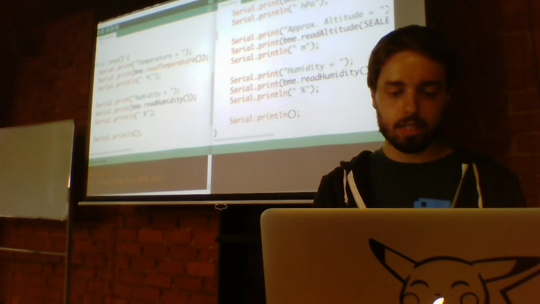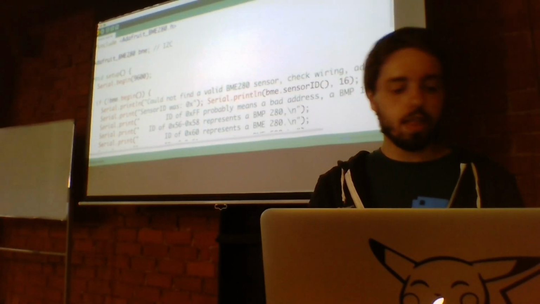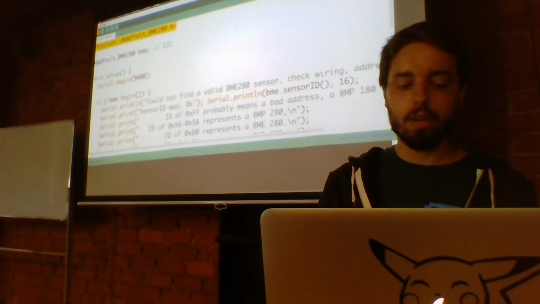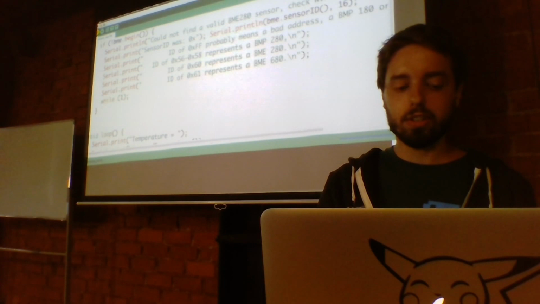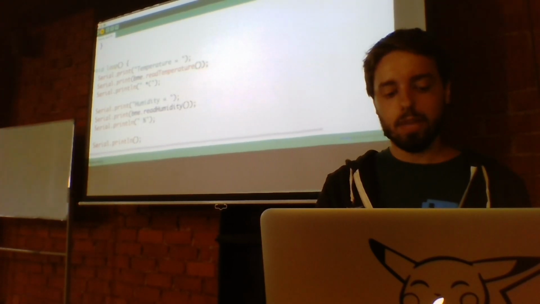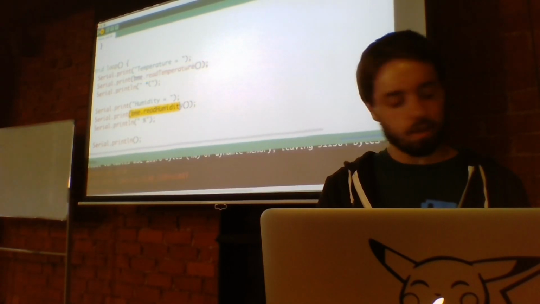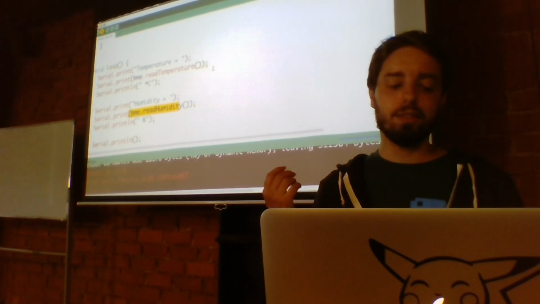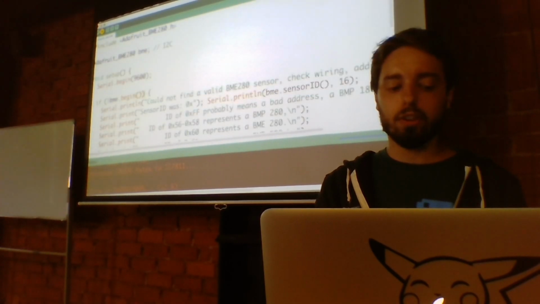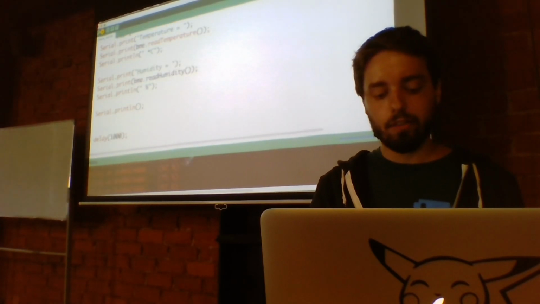I close this. I will save it, and then I will try to flash it. So once again, we have our include library. We include the library. We have an instance of our component. We try to initialize it, and then we will call BME.readTemperature to get the current temperature, and BME.readHumidity to have the current humidity level. So you can see how easy it is to get the current temperature and humidity. It's like one line for the temperature, one line for the setup call, and of course you have to import your library. Okay, so it's flashing now.